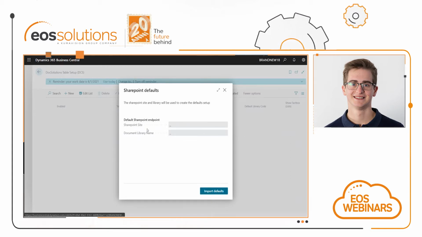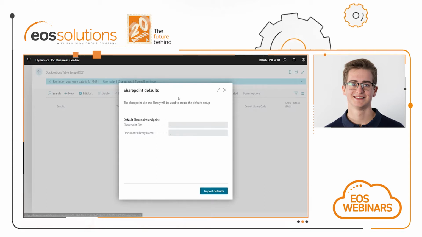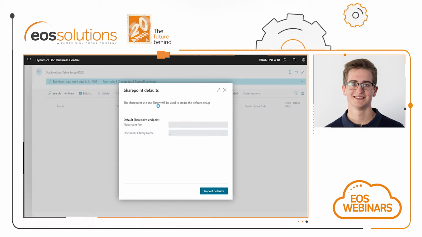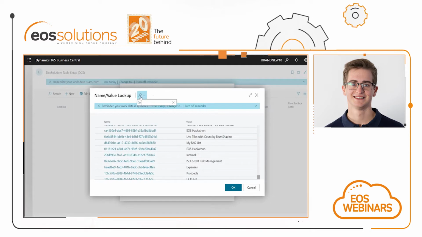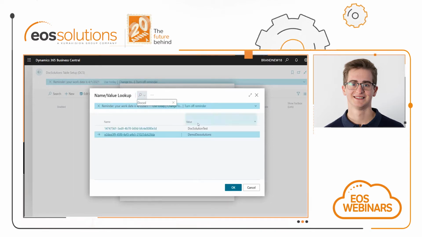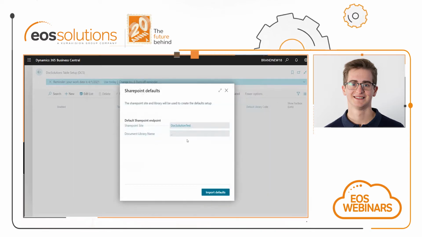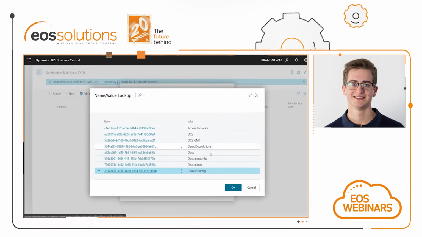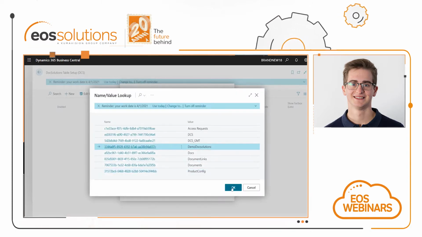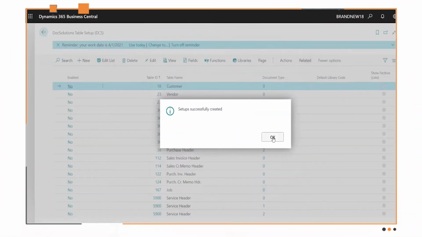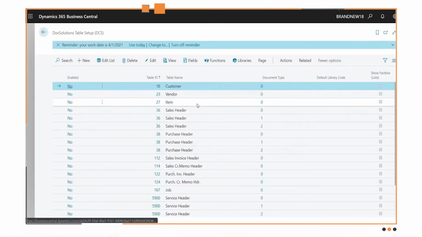In my case today, the SharePoint site will be DocSolution, and I will choose my document library, which is demo DocSolutions. Import defaults. Okay, as you see, these defaults will create all the 23 out-of-the-box tables that DocSolution supports, like